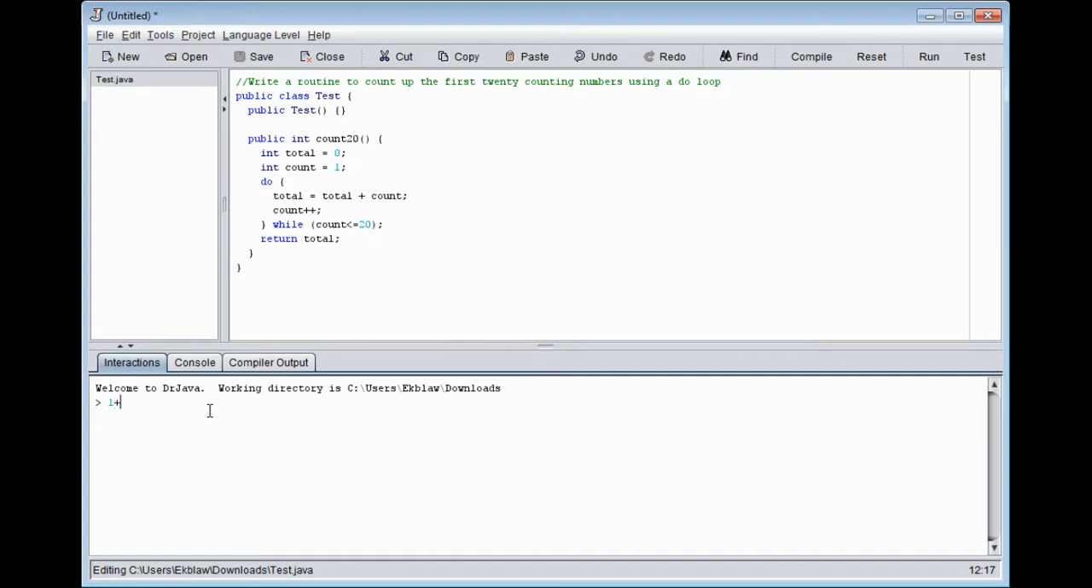Okay, so the interactions pane can serve as a calculator. So I just want to create a formula that adds up the numbers from 1 to 20. All right, make sure I have them all. 1, 2, 3, 4, 5, 6, 7, 8, 9, 10, 11, 12, 13, 14, 15, 16, 17, 18, 19, 20. Didn't miss any. So that total is 210. So if it's working properly, that should be the answer I get back